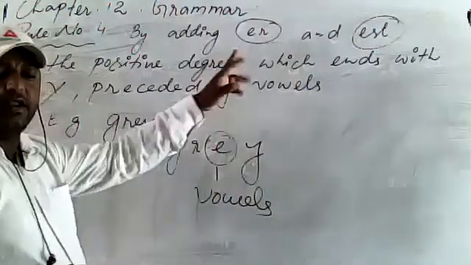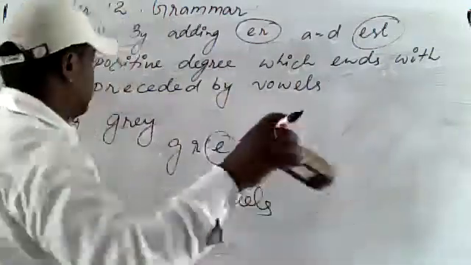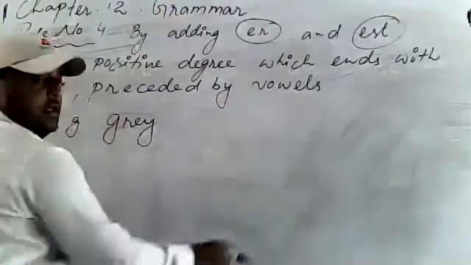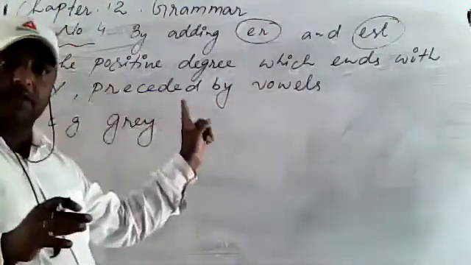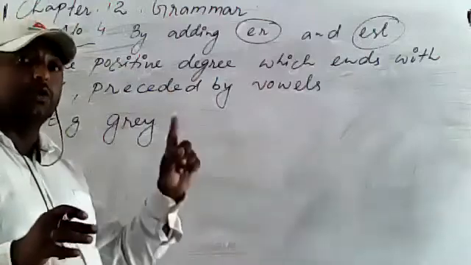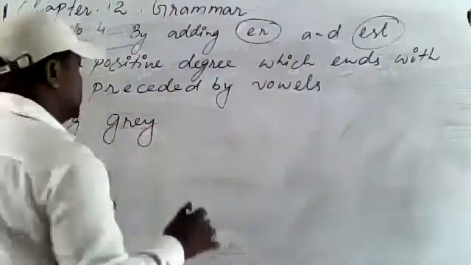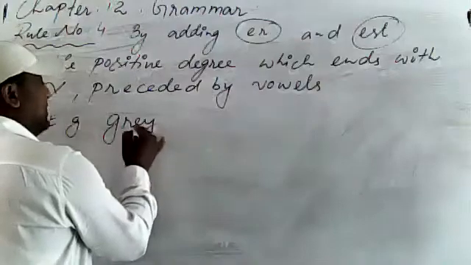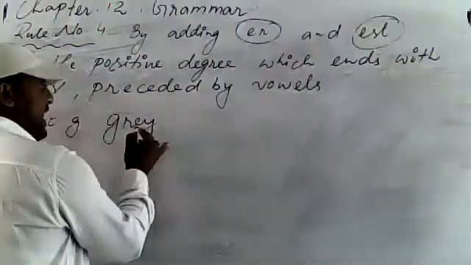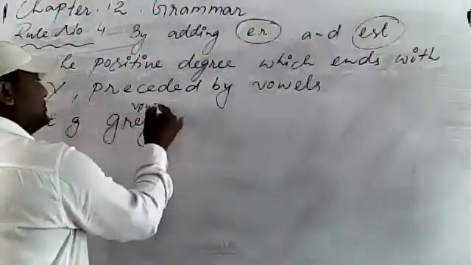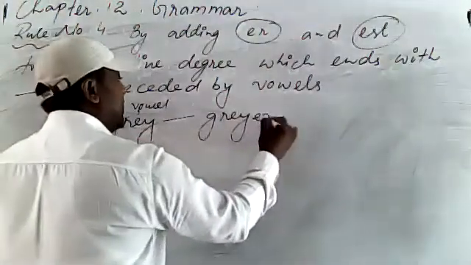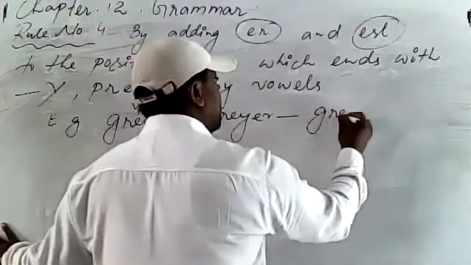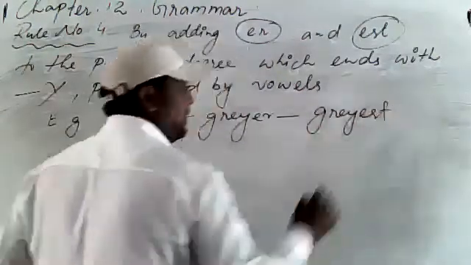Now simply what we are going to add? The first rule, the one that is the first rule, we will add that. Now here the first rule will work. Here you are not going to use rule number 3. In rule number 4 you are not going to use rule number 3. In this case the last letter is Y and it is preceded by E. And what is E? E is a vowel. E is a vowel. Now change it. Gray, grayer, grayest.